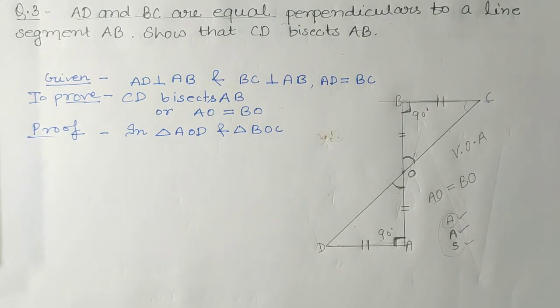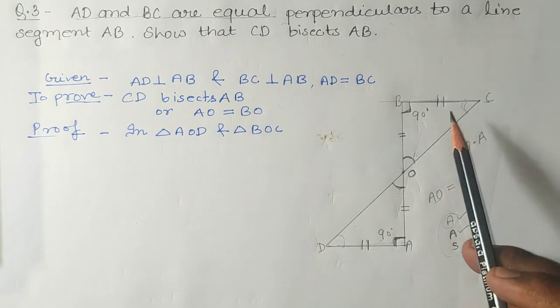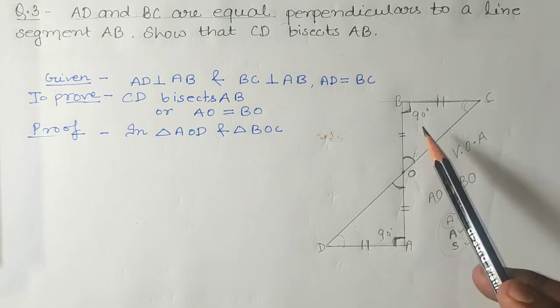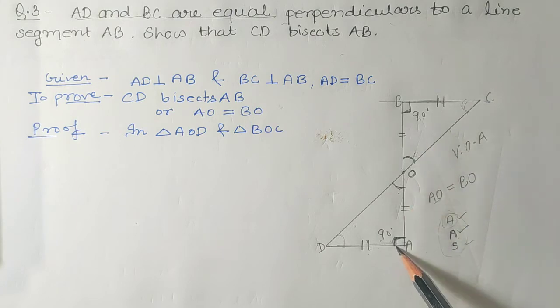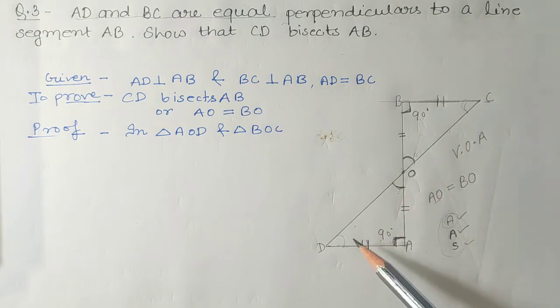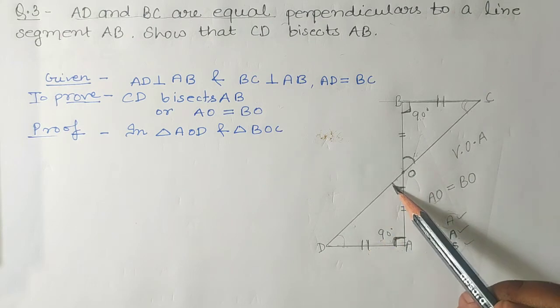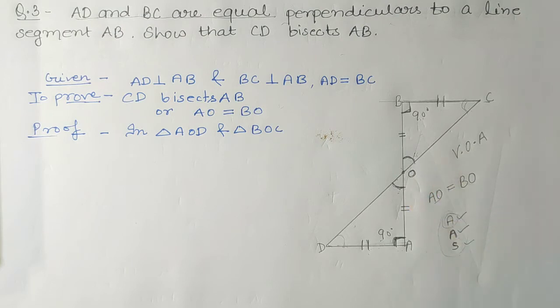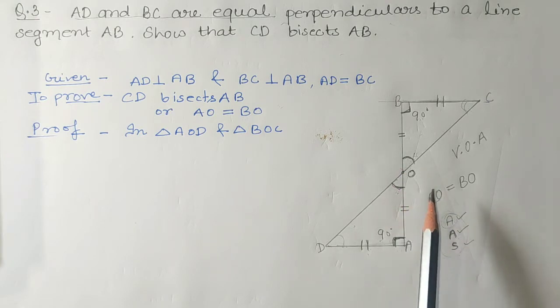And one more method is there. If you think about this angle, you will get that these two lines will be parallel. Why? Because the alternate pair is 90 degrees and 90 degrees, and they are equal, so the lines will be parallel, and you can use alternate angles are equal. That is also correct, but here we can directly see that two angles will be equal by the criteria of vertically opposite angles. So both the methods are correct. Here we are doing it with vertically opposite angles.